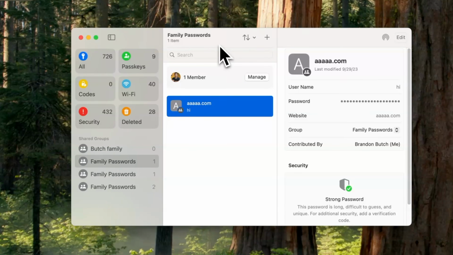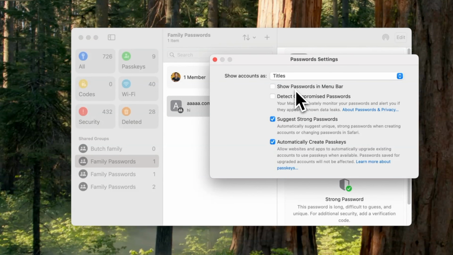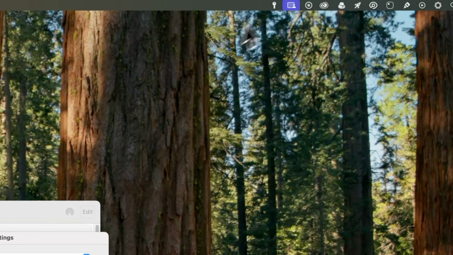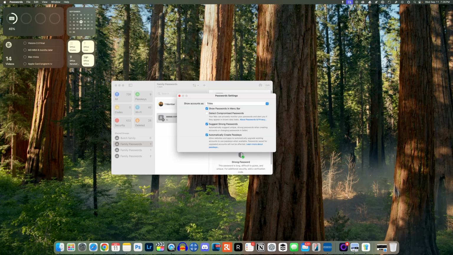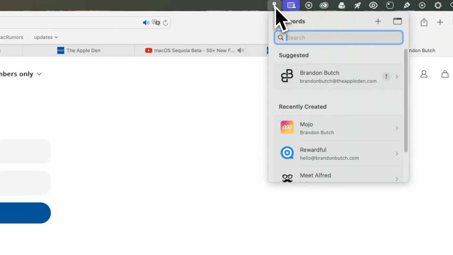But if you want to make this a lot more convenient, if you go up to the passwords settings and then go to show passwords in menu bar, this will add this little key up to your menu bar, and this will make things a lot easier. Let me show you. So if I go to brandonbutch.com, for example, and I want to log in, if I go up to my menu bar up here, it will automatically detect that I'm on a website where I have a saved username and password, and it will suggest it